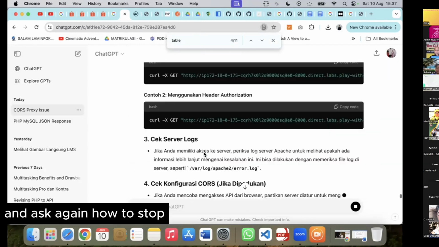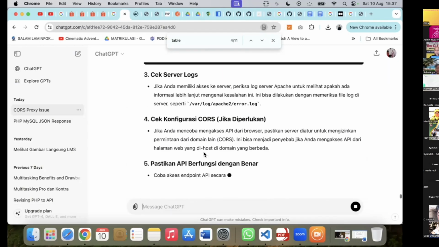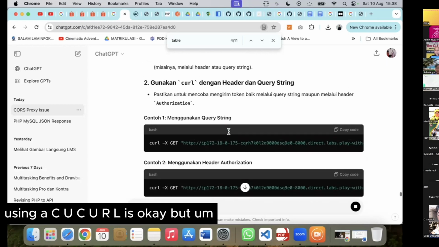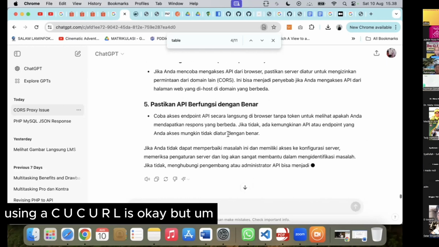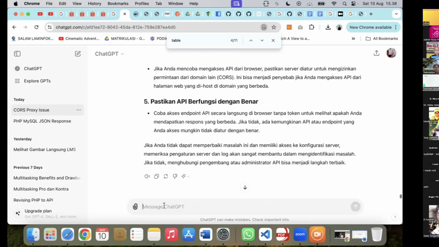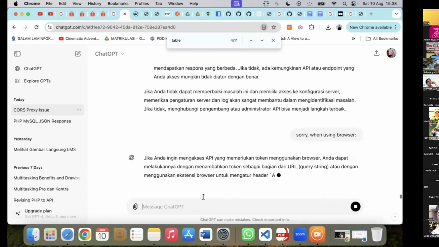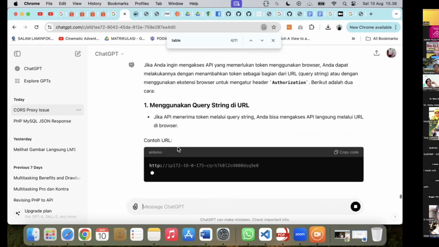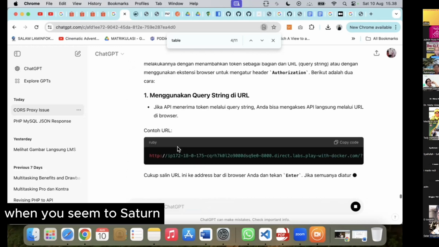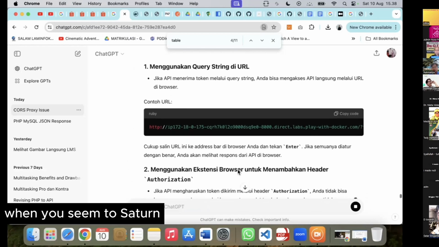Let me ask again how to solve it. Using CURL is okay, but the question should be about using the browser.